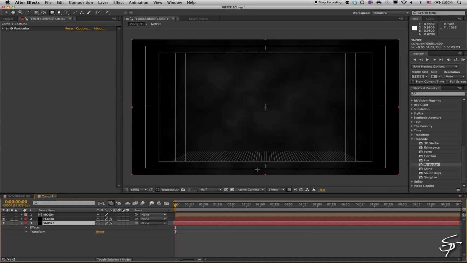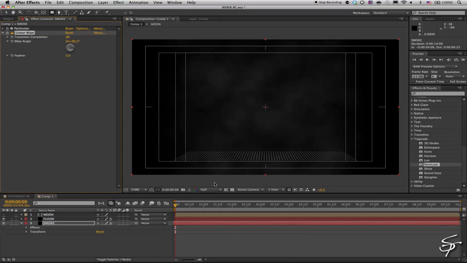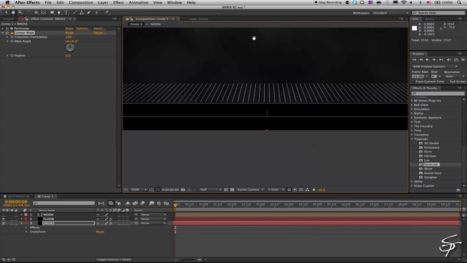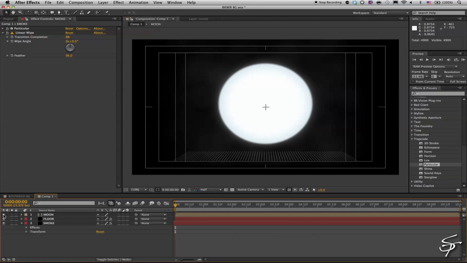Let's put a nice feathered transition here. So I'm going to go Effect, Linear Wipe, and then make sure it's set at 0 degrees. And let's drag this up to about 10% there. And you can see now it'll match so it's not below the floor. Feather this out a little bit. Let's see, about 8. That's good. Okay. There we go. So now the smoke looks like it's coming out of the floor, and we can turn